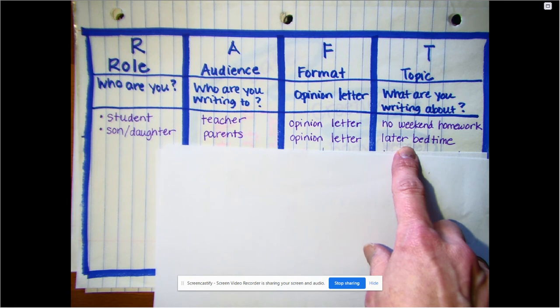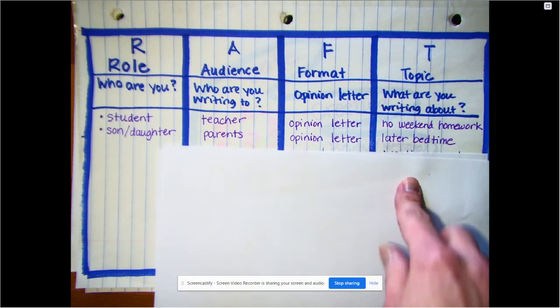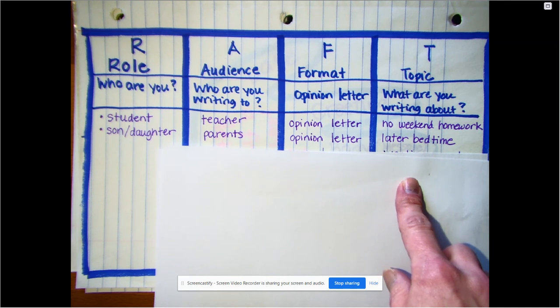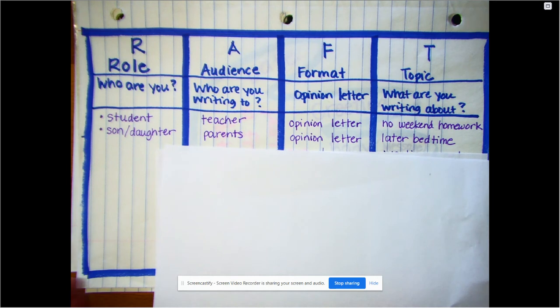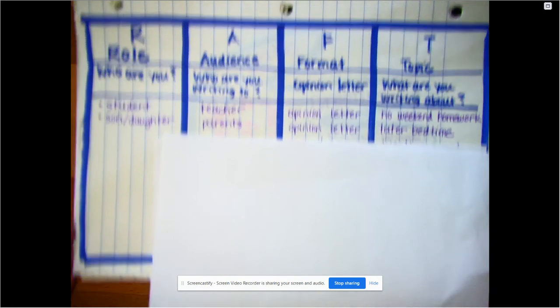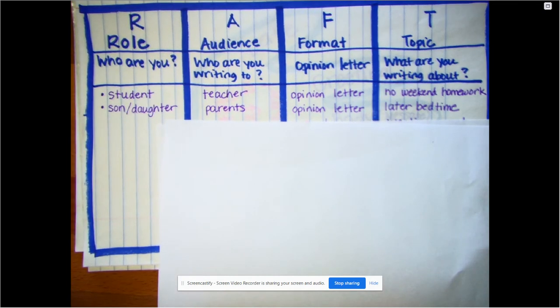So you need to start thinking, and hopefully you already have, about some things that you can persuade somebody about. And underneath my finger here, I've got a few more ideas, and I want you to come up with some ideas of your own today as well. You're going to be taking screenshots of these pages in your notebook and sending them to your teacher so that we can see the thinking that you're doing. So here's some ideas. And if you have a great idea, write it down. I want you to try to come up with 3 of your own ideas.